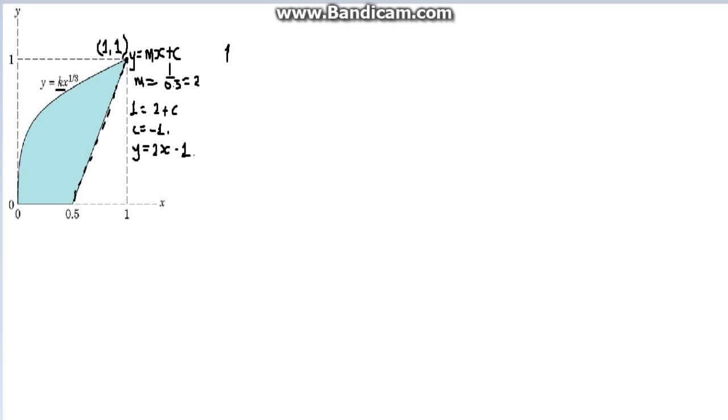So we go y = 1 equals the function kx to the 1/3, where k is unknown and x is given as 1 again. 1 to the 1/3 is still 1, where k equals 1. The function of this line is y = x